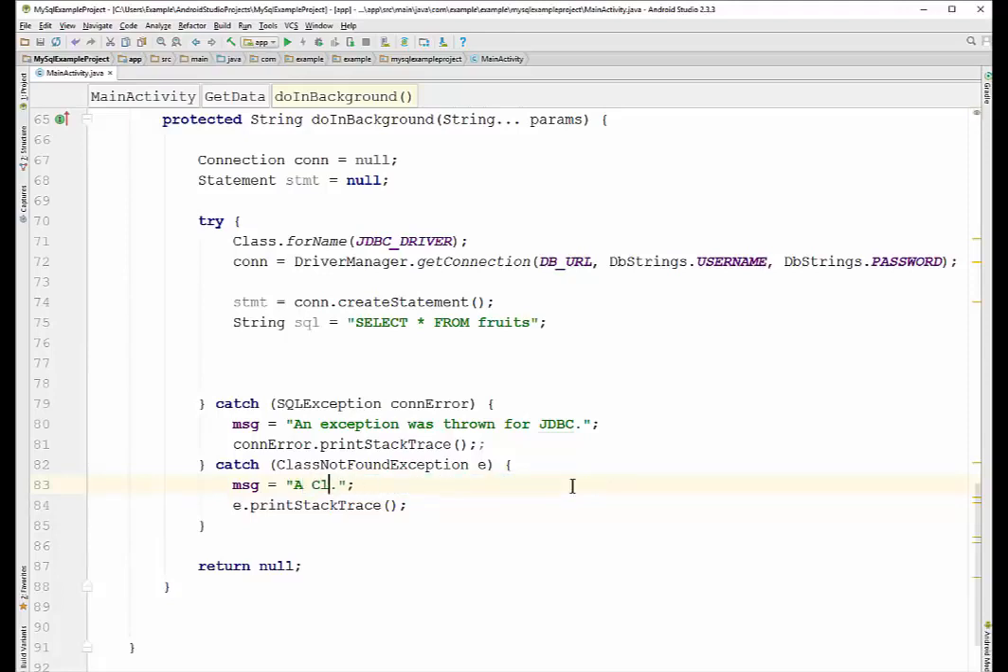A class not found exception was thrown. All right, and that'll tell you that that line of code didn't work right there. Next, now that we've initialized the statement and we've initialized the SQL string to hold our request,